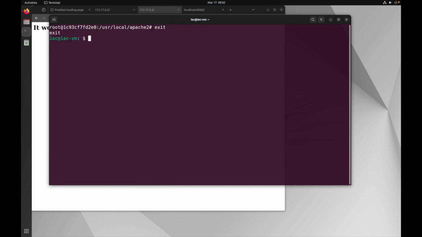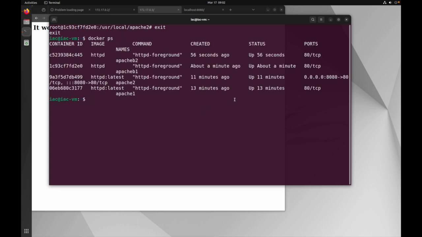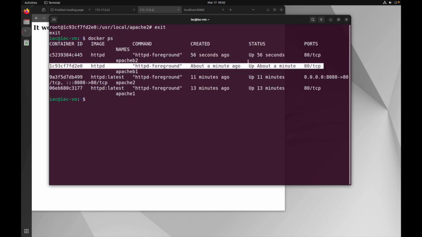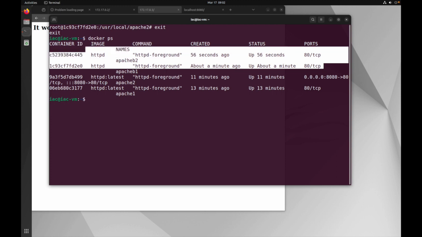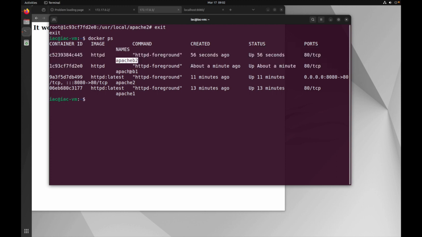So let's try to find the container IPs. So now I have four containers. These are the two containers which are in the b1 network. So I have installed ping into this Apache-b1, and I need to find the container IP of Apache-b2. I'm going to run docker container inspect, and then the container name, and grep the IP address, and it is